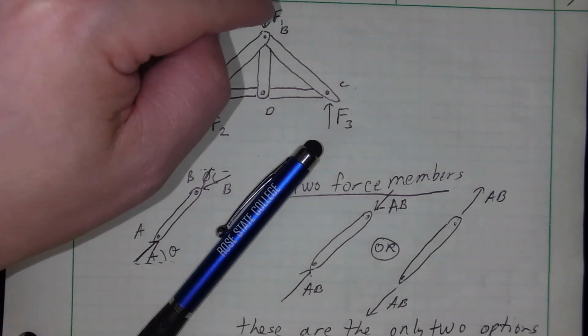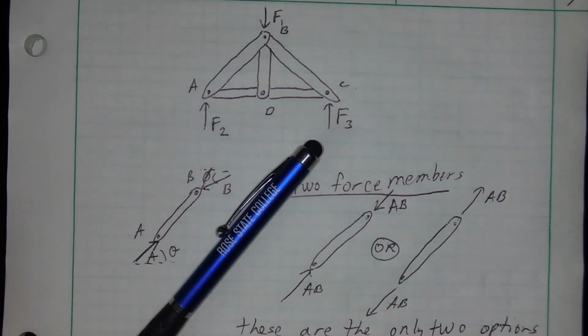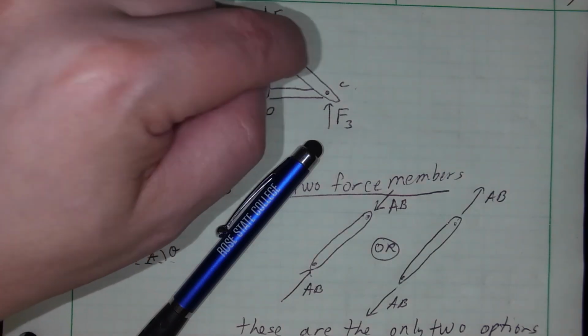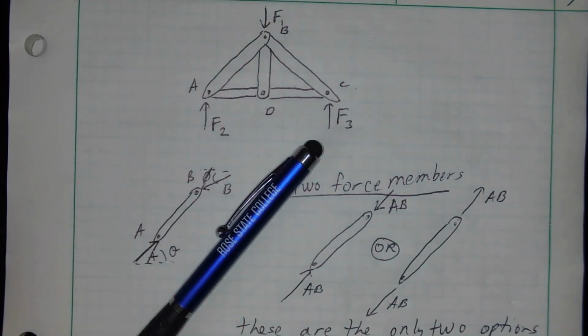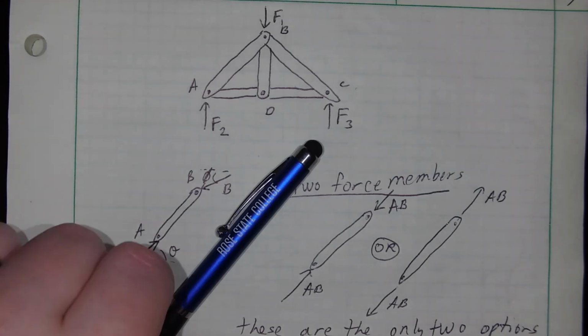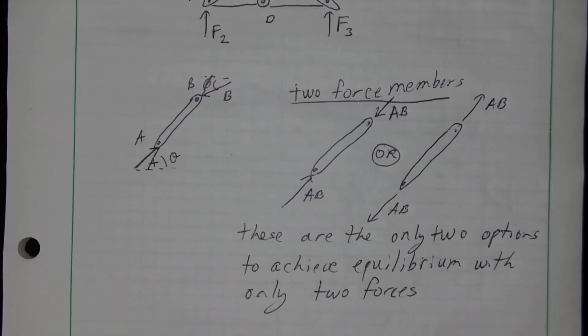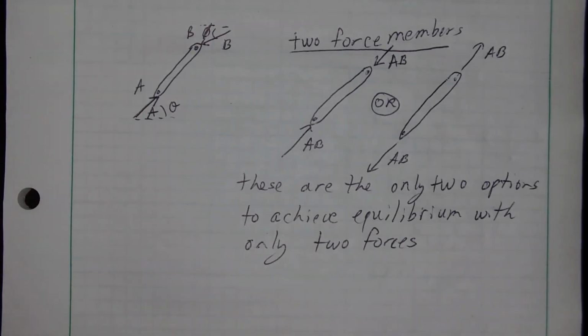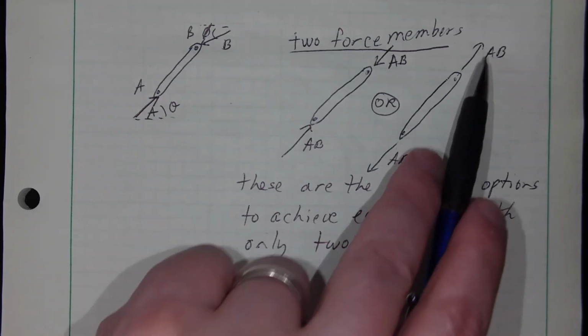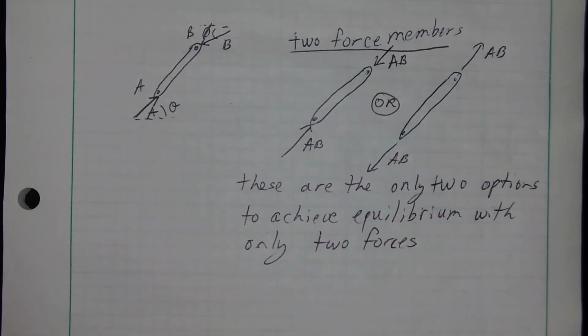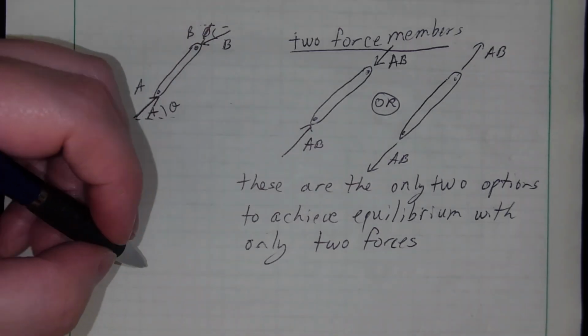If I apply a stupid amount of force up here, then that is likely to hold that up. It can be distributed amongst these other members if I have a very large force up here at point B. Now, again, we've introduced this concept of the two-force member. And so the direction of the force is known. It has to be directed along the line, along the axis of the slender member. And so what happens then is